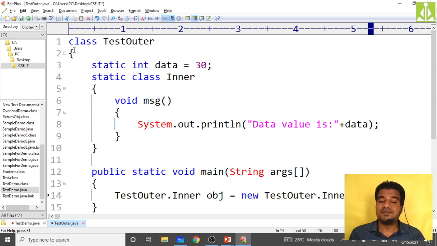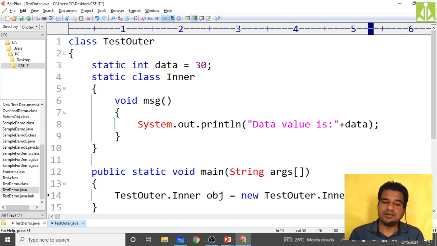So like this you need to see, when we are referring to the inner class, we are not taking the help of an outer class object. You have to understand, because whatever stuff we kept inside the TestOuter class, the complete stuff is static stuff. So whatever you want to access from the inner class, you cannot access directly, rather you need to depend on the TestOuter class name.